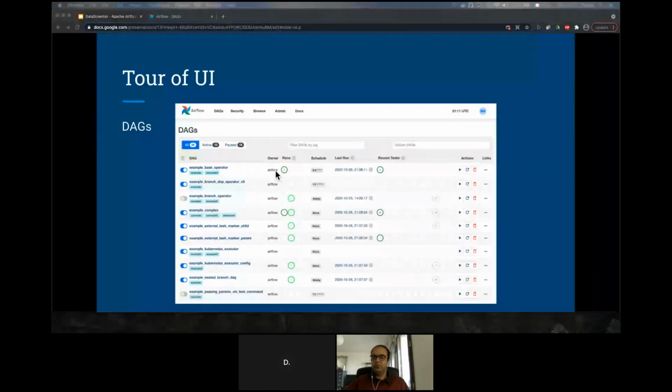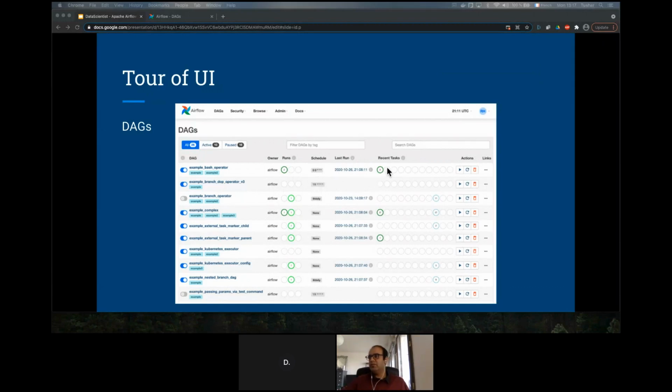Right now the owner is the default, Airflow, but for example, let's say you have 10 different departments and 10 different data engineers. You can put the names of the owners, and each department can have their own pipelines. Then you have the runs, which say how many times this pipeline has run in the past. Then you have the schedule. You can easily schedule them: you can say run once a day, or run 10 times a day, or just run once. It's very easy, and you can see the schedule directly on the main platform via the UI.